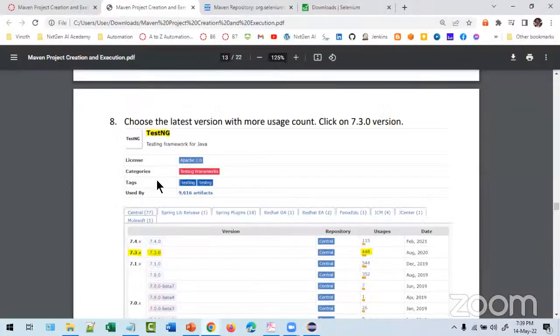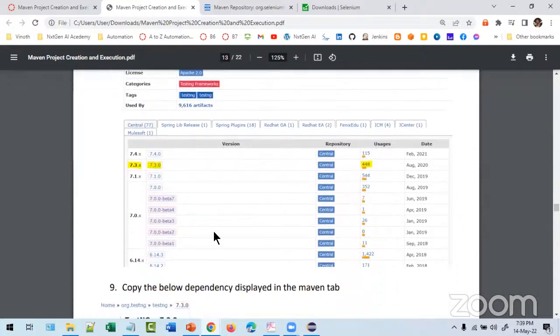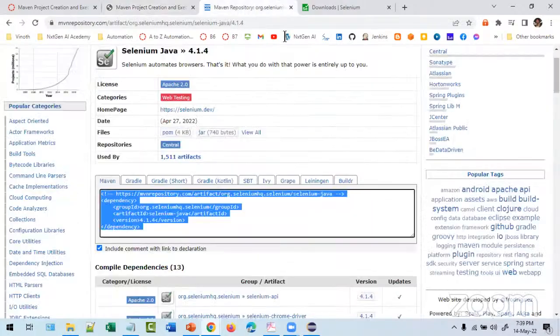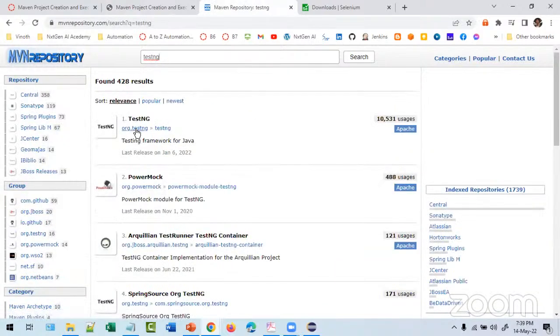Same way, we are going to use TestNG, right? So the TestNG version also we can do it. Let's type TestNG. TestNG, see, watching. 6th Jan only, the last release. Always see the log. Click on TestNG.